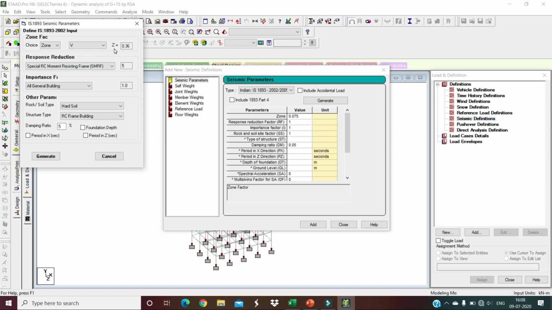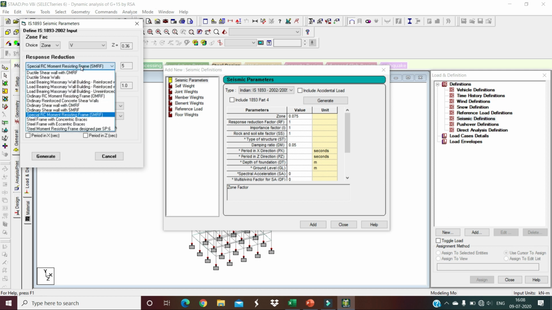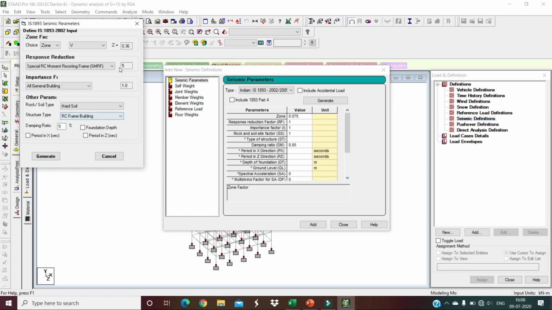And its design seismic zone factor is 0.36. Okay, automatically we have Zone 5, with a value of 0.36. So we are using our special RC moment resisting frame, SMRF. Choose your SMRF building, as here we have our special reinforced concrete moment resisting frame, SMRF, of response